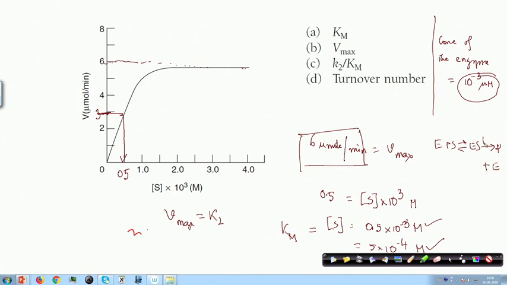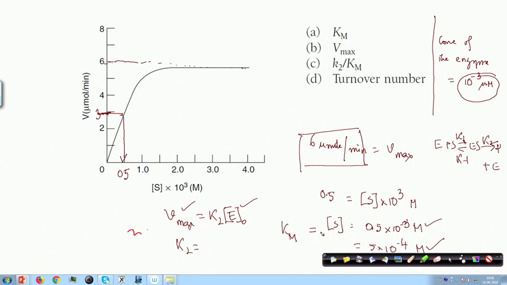So, that is the K2 that we are talking about, and this is usually written as K1 and this is K minus 1. So, we need this value K2. K2 is related to Vmax by this equation: if you multiply K2 by the enzyme concentration, you get Vmax. So, now you have Vmax and you have E0 that is mentioned, 10 to the power minus 3. So, K2 will be equal to,